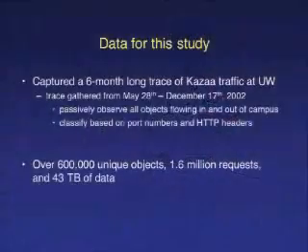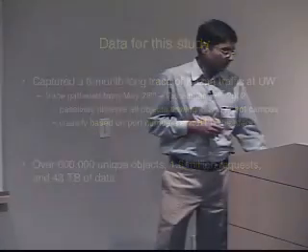The Kazaa peers are individually owned computers that are mostly connected using modems or broadband. Now there is no centralized infrastructure for Kazaa. However, it does have a two-layered structure. That is, some of the peers, especially the well-connected peers, are classified as supernodes. And these supernodes index the content from all the other peers, and they're useful when you're searching for content. Now, the Kazaa protocol is by and large proprietary, and we had to reverse engineer it to conduct our measurement study. The data from the study is captured during a 6-month-long trace of Kazaa at the University of Washington border routers.